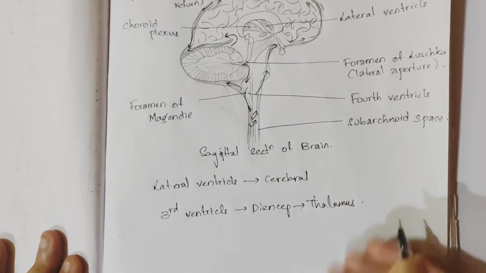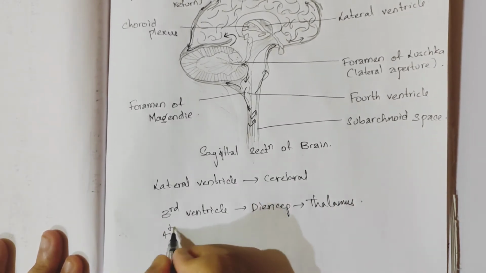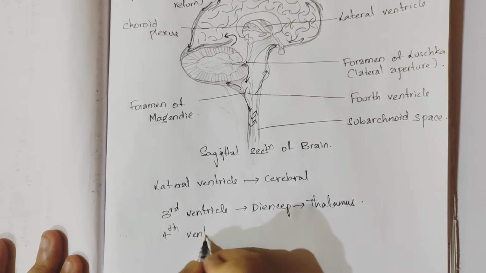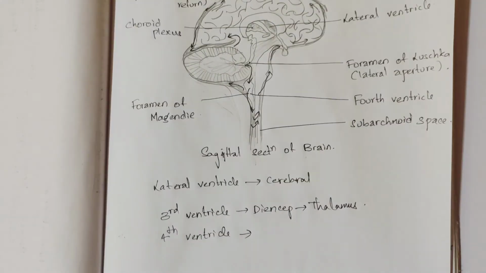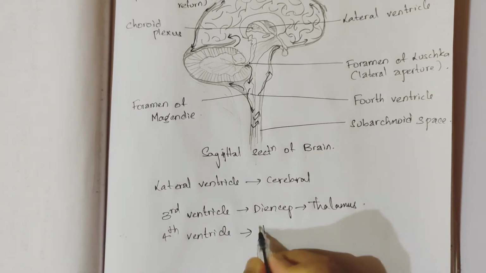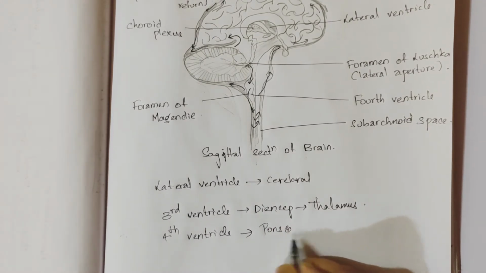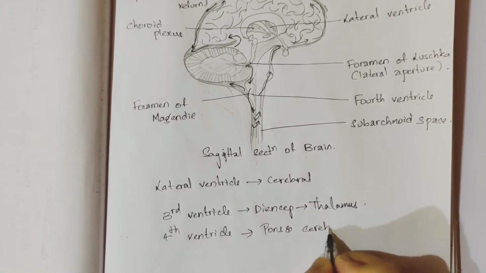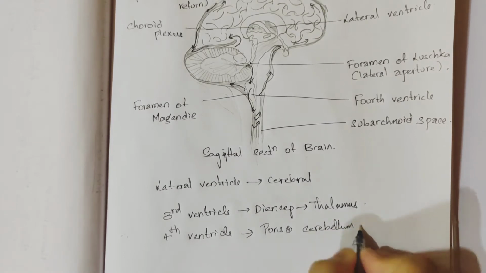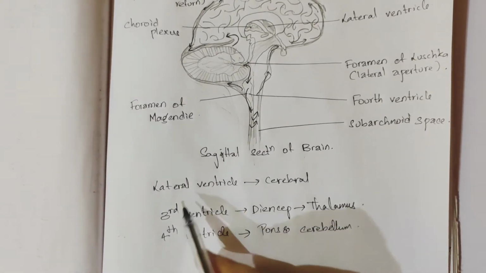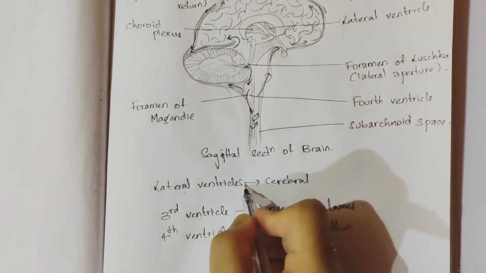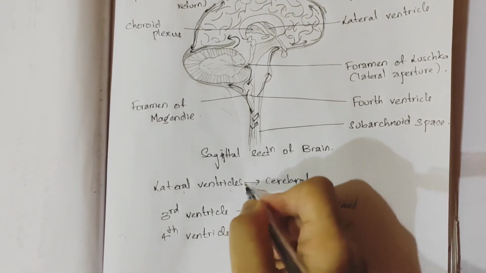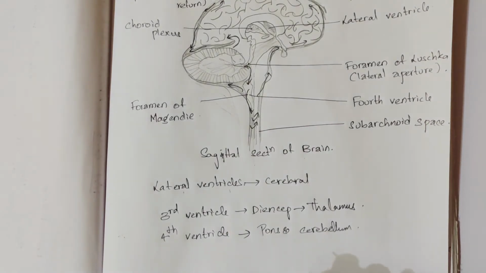is the fourth ventricle, which is present between the pons and cerebellum. So yeah, the two lateral ventricles communicate by this interventricular foramen, that is